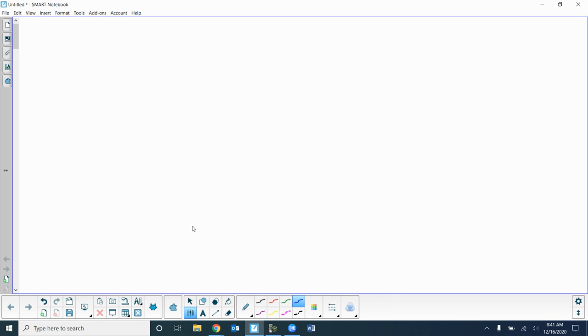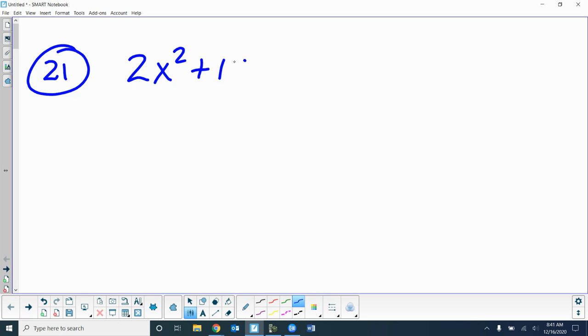Okay, so where we start, 21, right? So this was another quadratic equation, but what's missing? The b value, right? Yes, the b value. All right, when the b value is missing, you don't have to do completing the square